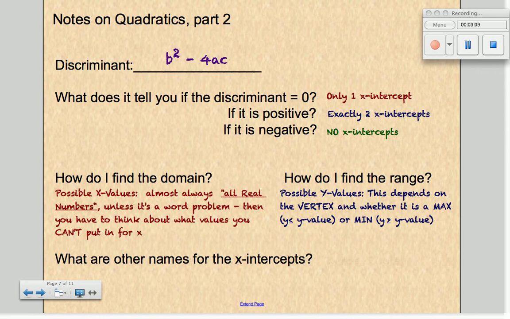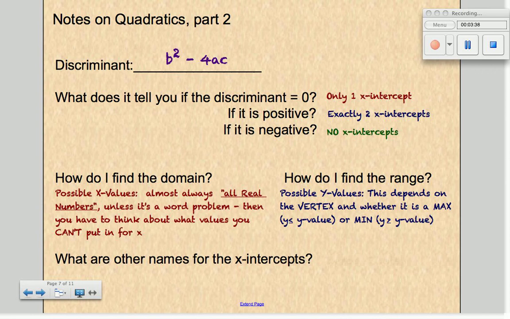The only time that it wouldn't be is if you had a word problem and you had to think about if there were any values that you couldn't put in for x. For example, if it was a word problem where x is the number of games sold, it wouldn't make sense for x to be negative, because we wouldn't sell a negative number of games. But most of the time, the domain is just going to be all real numbers. The range is different. The range depends on